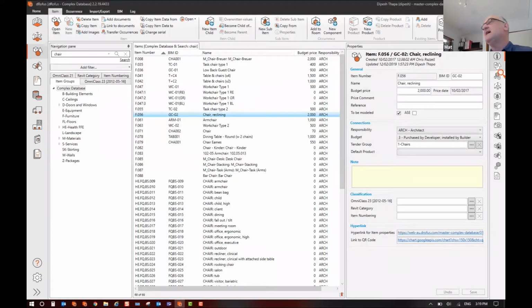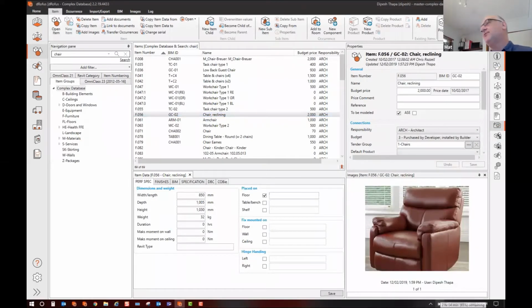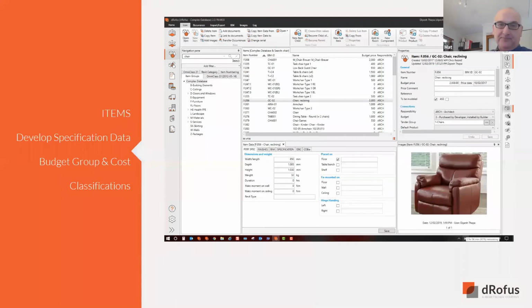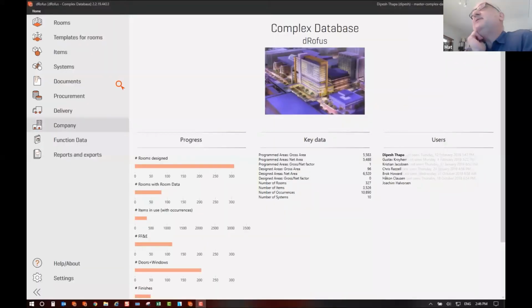So again, it's just to show you that you've got room template, then you've got items module, and this is how it connects. And again, you can view that module through, you can have the panes open to view them. So going back to rooms, I showed you the room templates, but this is now the actual building,